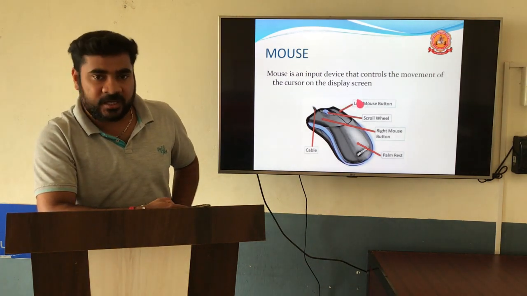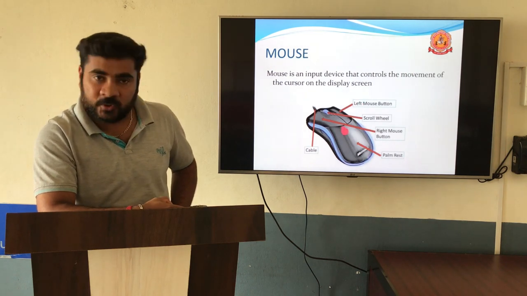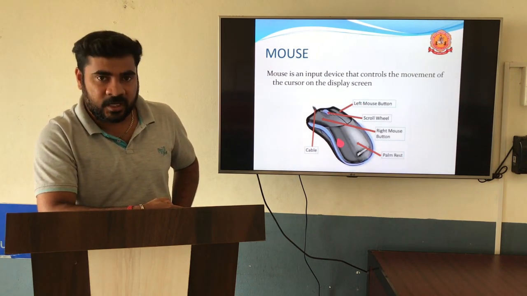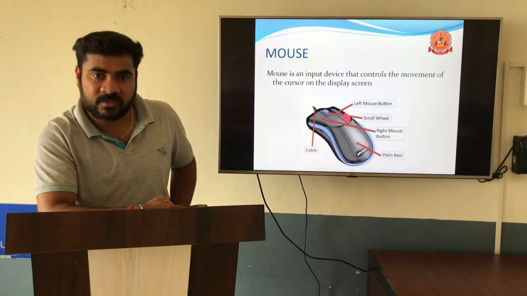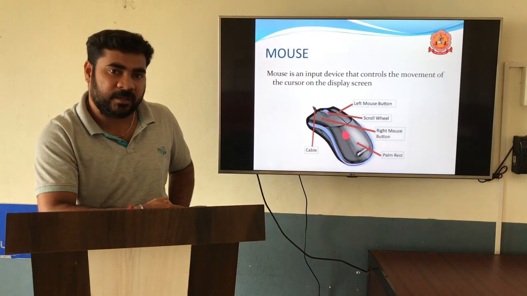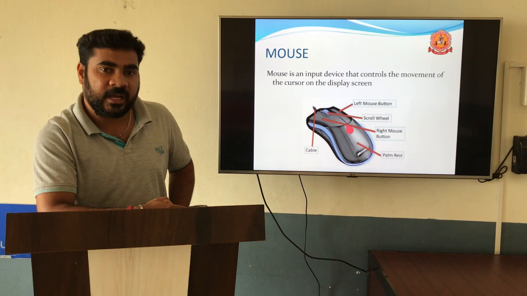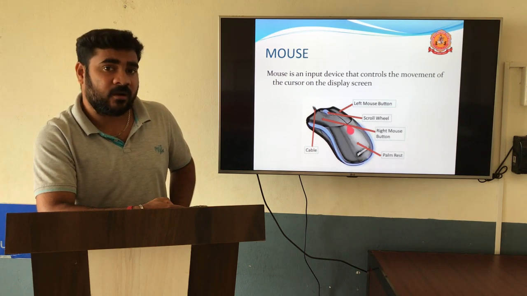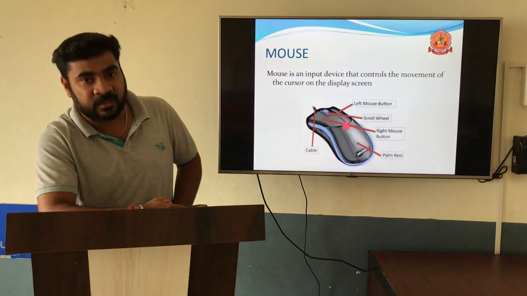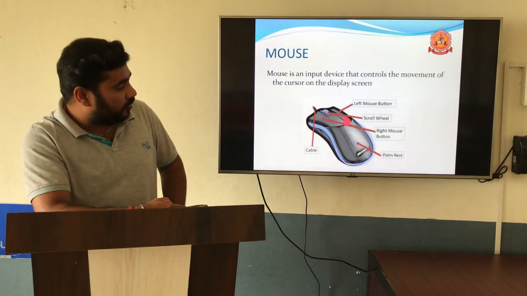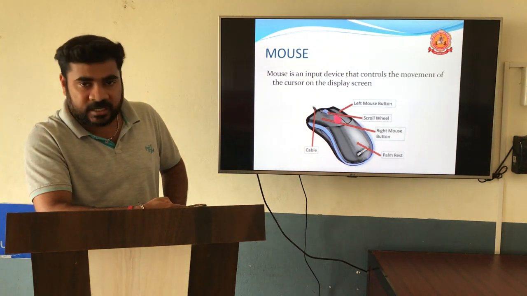If you take the optical mouse, there are different types of mouse present based on the number of keys. There are mainly 2 button and 3 button mice. A 2 button mouse only contains a left button and a right button. A 3 button mouse contains a right button, a left button, and at the same time a central scroll button, or middle button. The difference between 2 button and 3 button is that in the older version only left and right are present. The newer version of the mouse contains 3 buttons.